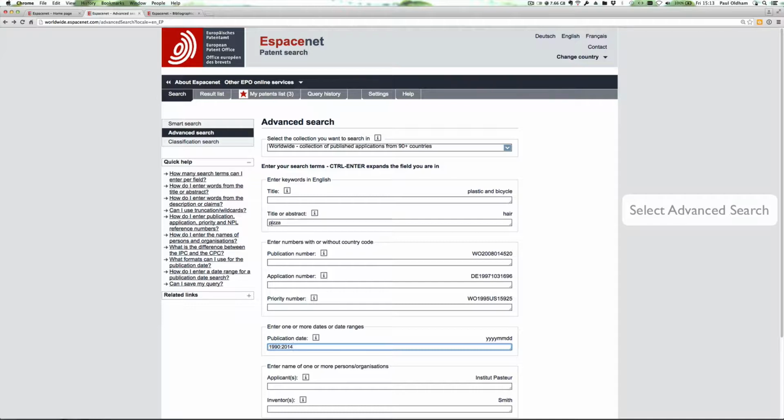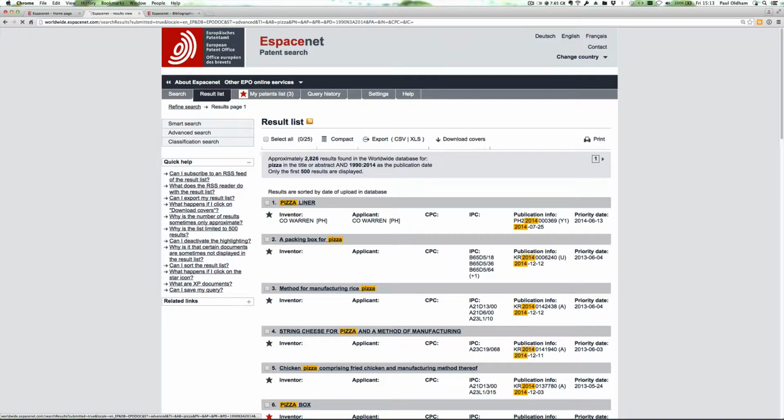Okay, in thinking about how to break down our 4,000 or so results for pizza, we can focus on the publication date, and it's here that it's quite handy to have a notebook when carrying out this research. So in Espacenet we can specify a date range using the colon only on the publication date. So here we're specifying 1990 to 2014. If I hit enter, that will tell us that of our 4,000 results,